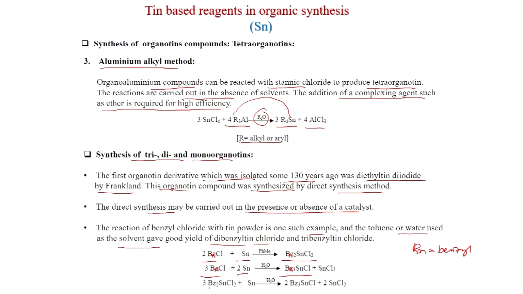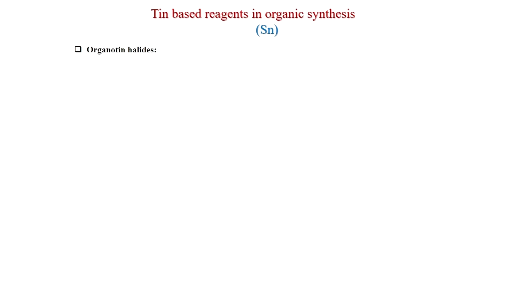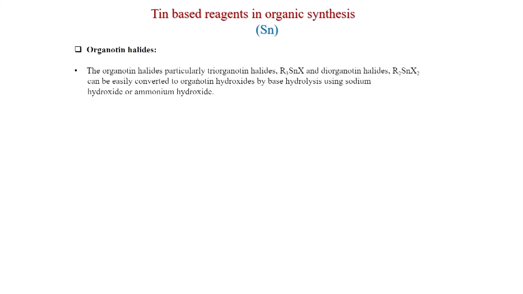And 3 equivalents of Bn2SnCl2 will produce 2 equivalents of Bn3SnCl plus 2 SnCl2. So, tri, di and mono organotins can be produced by this method. Now, organotin halides, particularly triorganotin halides R3SnX and diorganotin halides R2SnX2, can be easily converted to